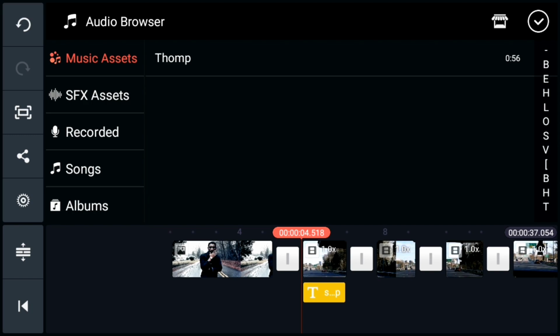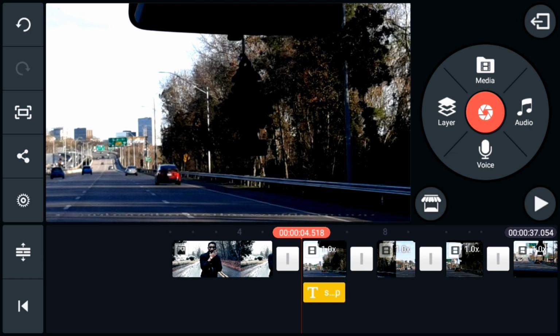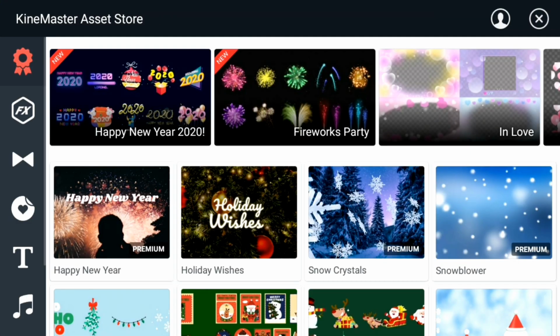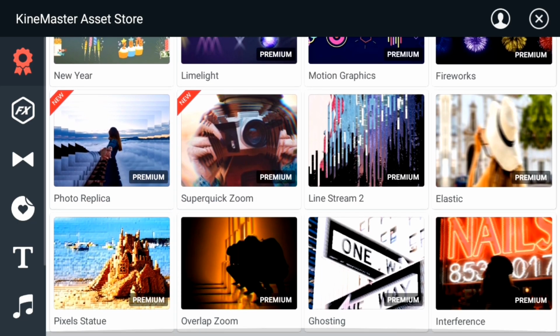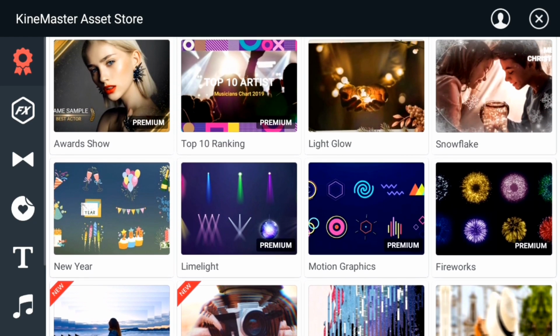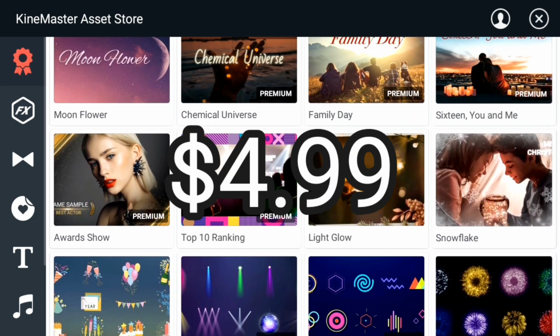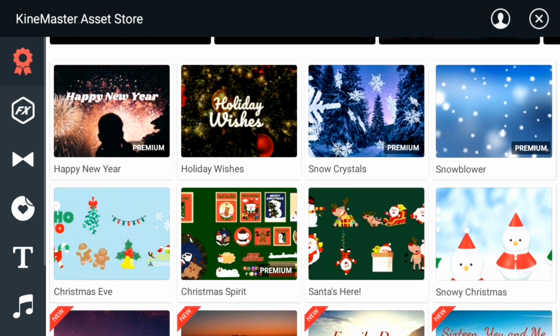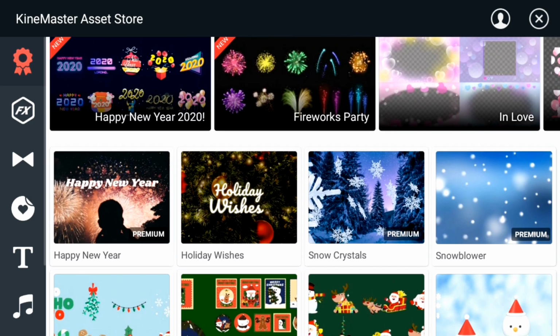And speaking of that, we'll download some files for the editing process. So you will come down here to this little shop button and press that. And this will bring you to the asset store. Now this has a bunch of layers and filters and anything you want to add to the video editing. You see a lot of these say premium, and the premium is $5.99 a month, should be. And it gives you all of these extra effects, but there are still a bunch that you can use without paying for it. You can come over here to effects,